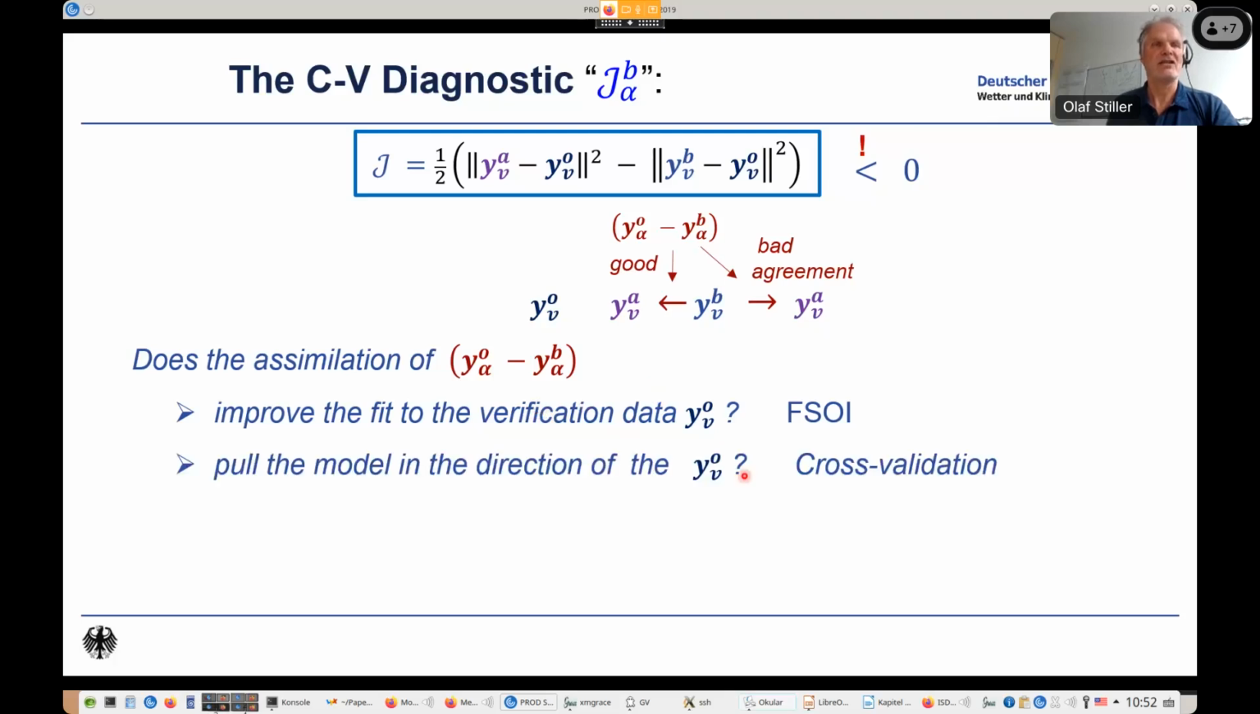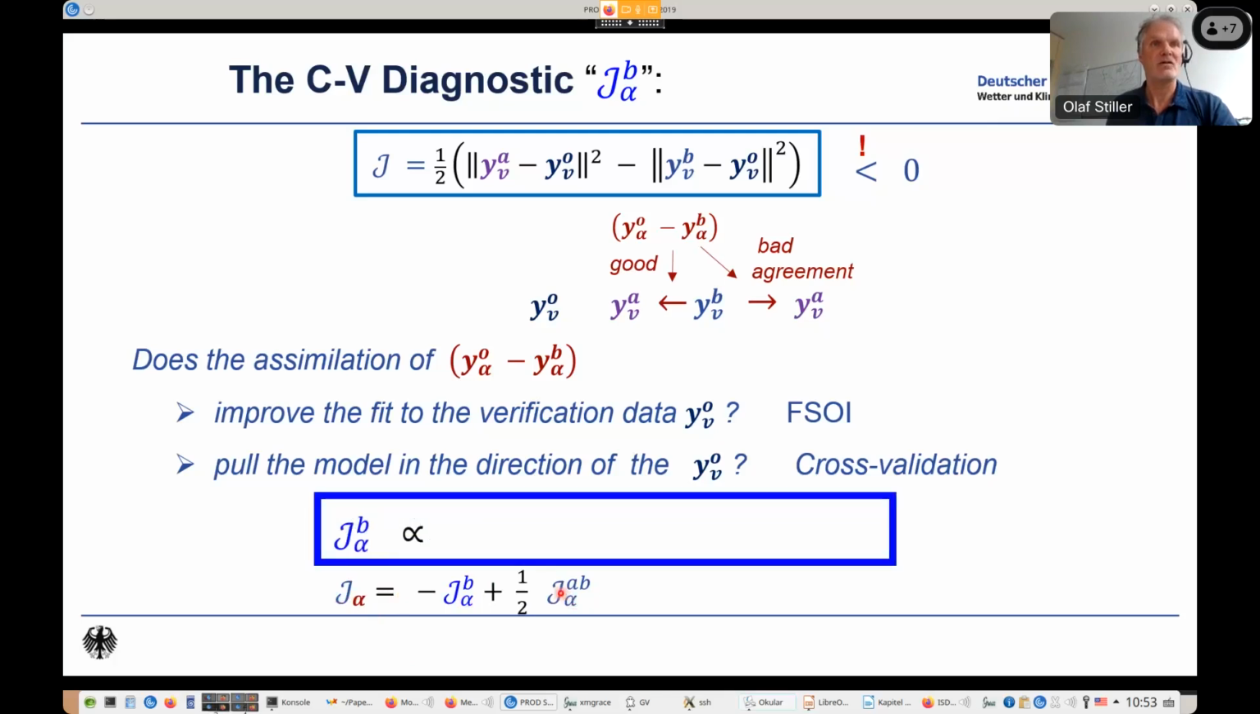When I do cross-validation, I ask a very similar question, but it's simpler, which I believe is a big strength of this. I just ask whether the model is pulled in the right direction. And how it was developed: the FSOI standard method decomposes the cost function into contributions related to the individual observations. I have taken these contributions and further decomposed them in two parts, where one of the parts is my cross-validation diagnostic, which exactly tells us whether the model is pulled in the right direction, and it's proportional to the